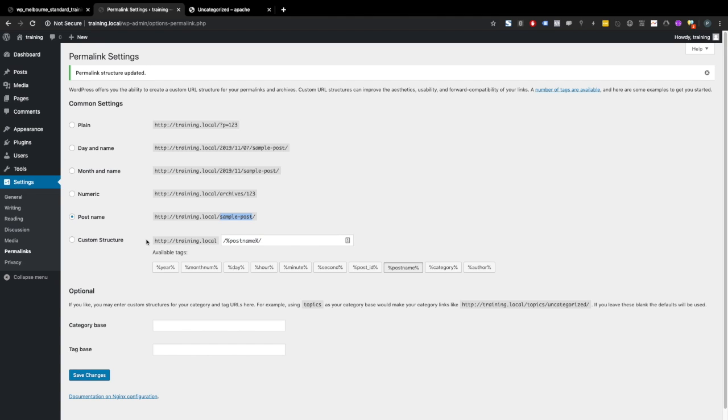You can get more sophisticated if you like, especially if you've got a pretty complex blog or something, or you could choose this custom structure here, and by default it's set to post name, which is exactly the same as this, but you could add in, so if you put your cursor right there, you could put in category there too. So if you save that now,